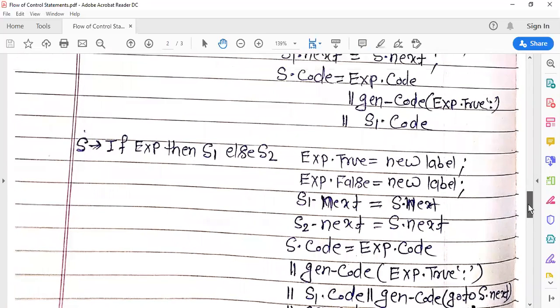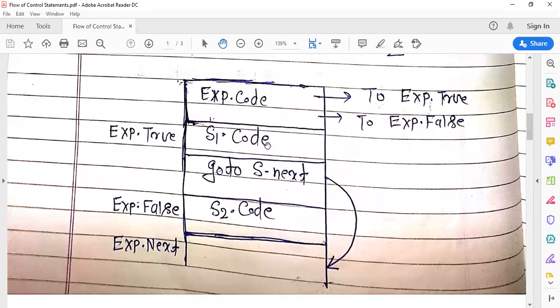It means if S1 code is executed, then S.next will be S1.next. And if this boolean expression is false, then S2.code will be executed, and S2.next has S.next,